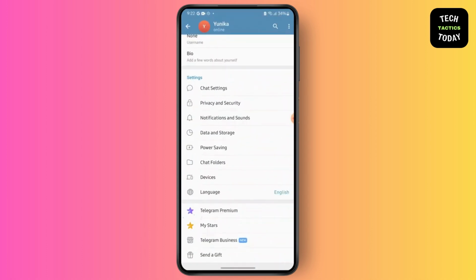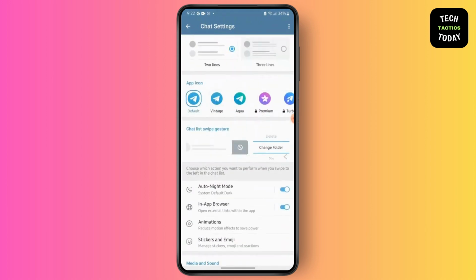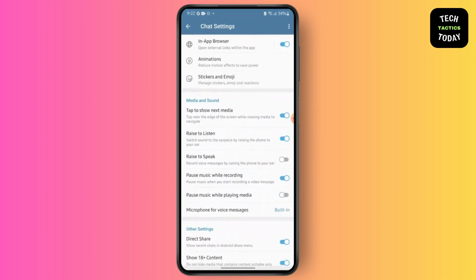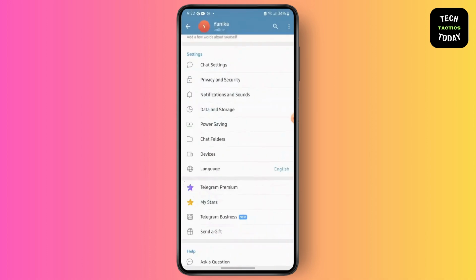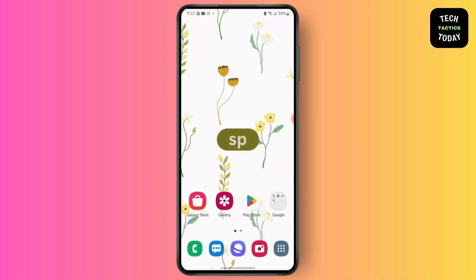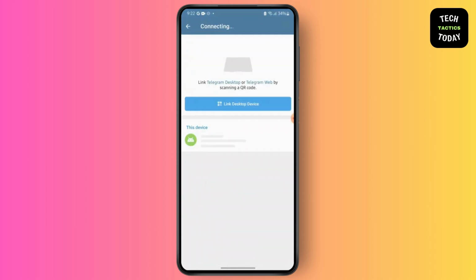So first, launch your Telegram and then go to your profile icon and then go to settings. Here, make sure the chat settings or the backup is turned on. So if you have a successful backup, then all you have to do is go to link device, and then